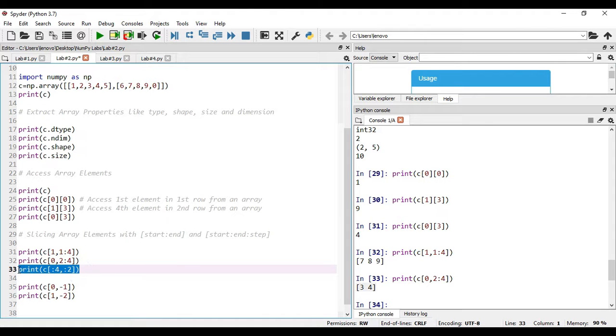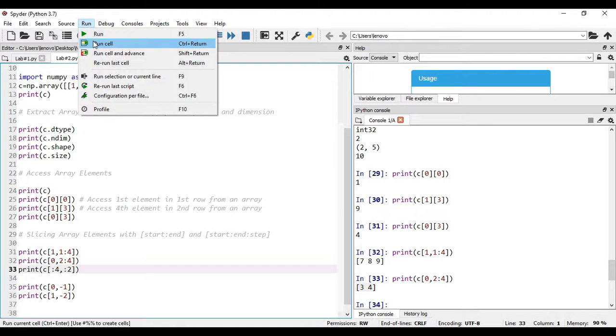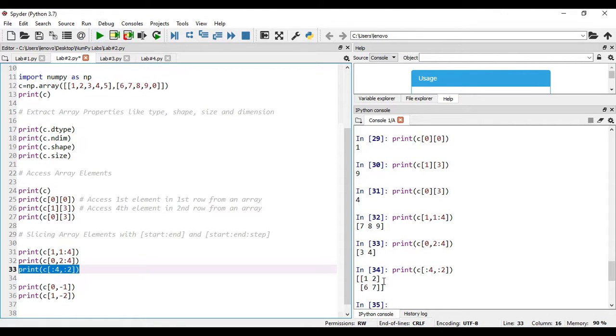Now you see the output for this one. Okay, right here from 0 to 4th index that will be only 1 and 2, right? And from 0 to second index that will be 6 and 7.